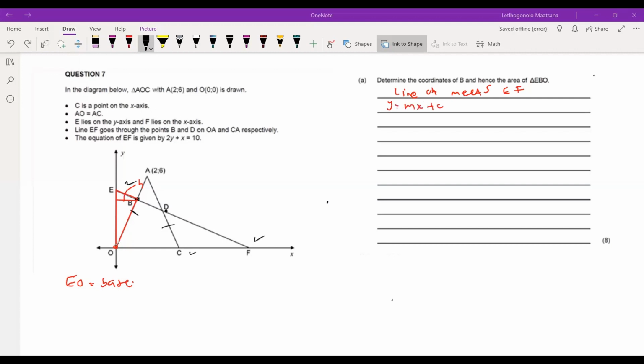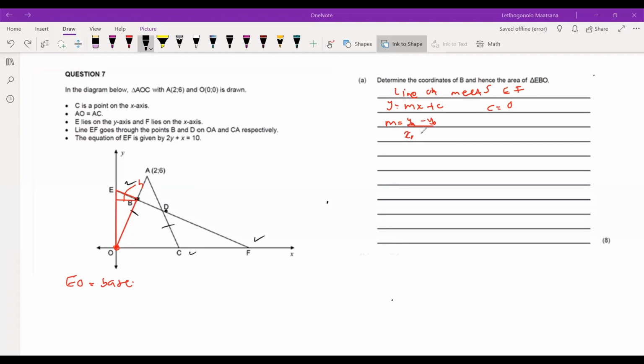We can clearly see that it's cutting the y-axis at 0, so our c is equal to 0. We would look for our gradient, which is our change in y over change in x. For our change in y, we'll say YA minus YO divided by